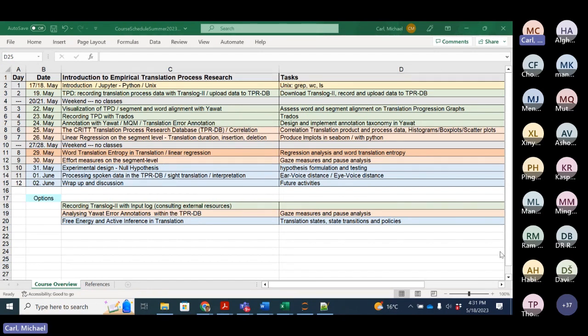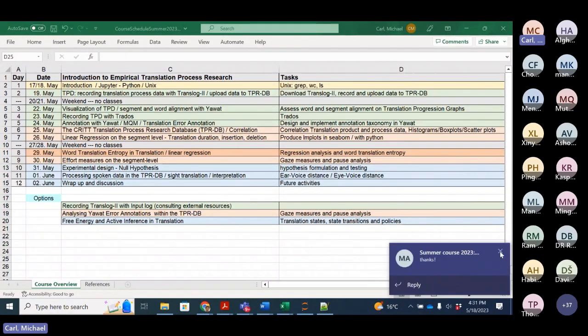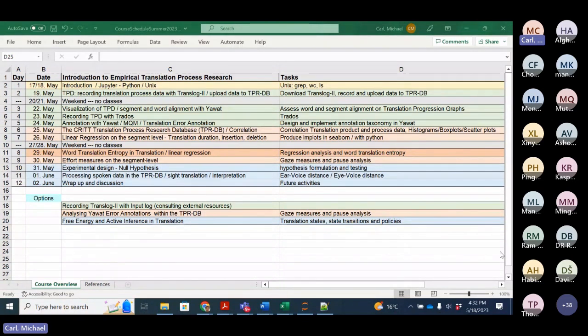That is a small program that runs in the background and logs in time each keystroke or mouse activity. One would record this, and then one would have a log of how the text evolves in time. And the idea was that if there is fluent typing, that would be an indicator that there are no big problems, that translators proceed smoothly.